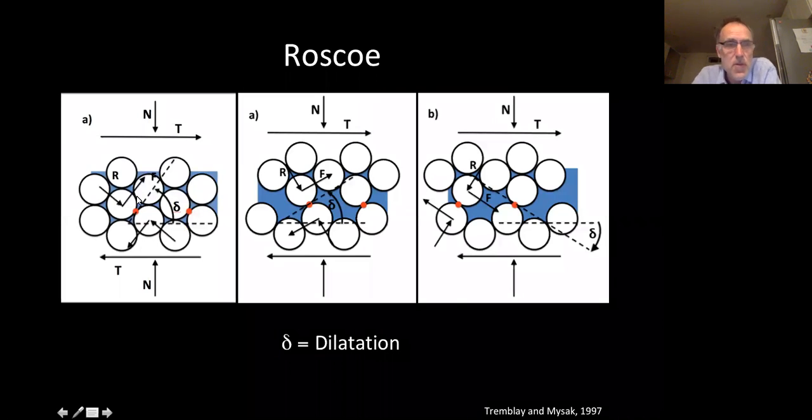This is a simple model of a granular material represented by a cylindrical disc. What we see here is, on the large scale, a shearing motion, T, with a normal force, N. The red dot here indicates the contact normal between floes along the plane of fracture. The dash-dotted line here is tangential to those red dots between adjacent floes, where the contact